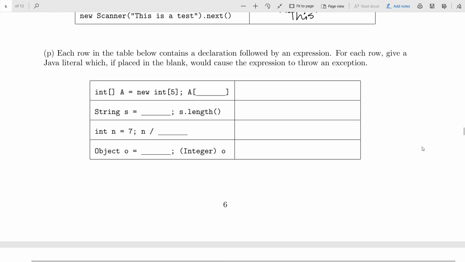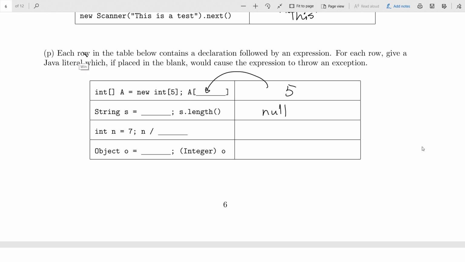Okay. All right. I'm just asking, what could I put in the blank that would cause the expression to throw an exception? This also has many, many answers, but there's usually one that I had in mind that's sort of natural. So what would cause that first expression to throw an exception? Right, you could ask, what's at index 5? Like if you stuck a 5 into that box right there, that's not a valid index. You get an array index out of bounds exception. What about this next one? Right, it had to be null.